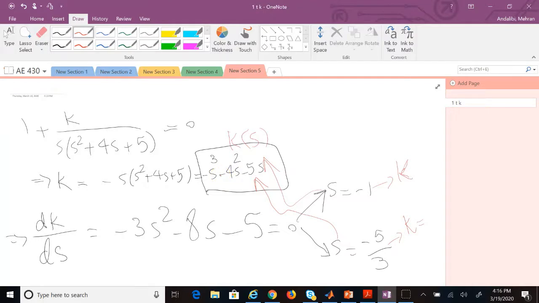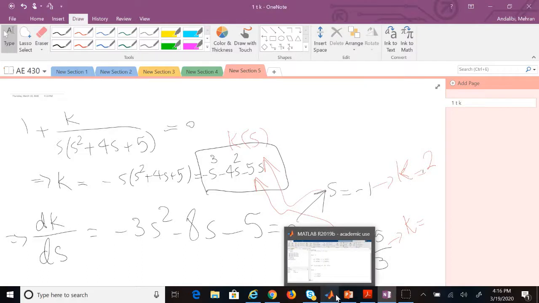You get 5, 6, minus 4, so you're going to get 2, right? Let me make sure. 5, 6, 2, yeah, that's correct. And if you plug in negative 5 over 3 in here,